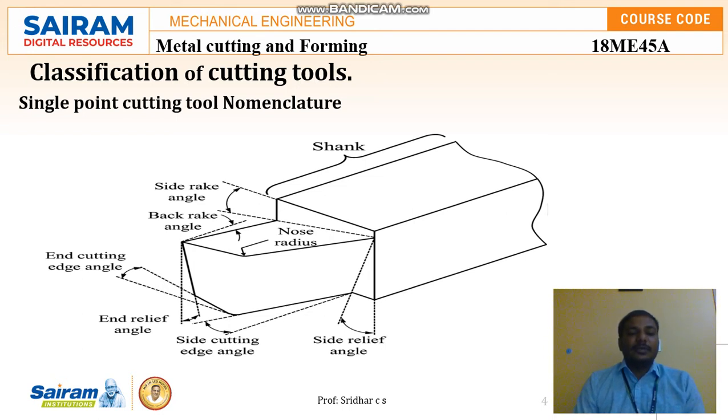When we select any type of tool, first we decide which type of workpiece material should be cut by this tool. For example, if the workpiece is mild steel, we normally go for a high speed steel tool, because high speed steel has greater strength than mild steel, so the cutting process can easily take place.